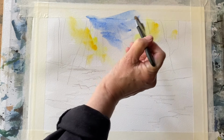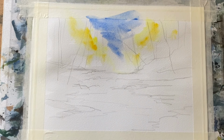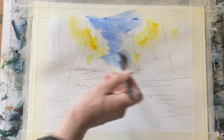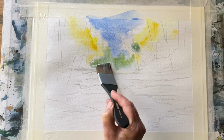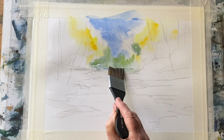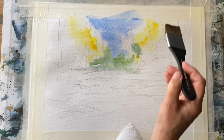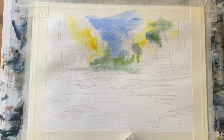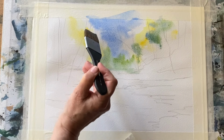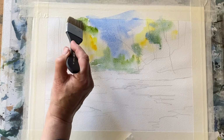This is my sky colour, which is a nice light value of cobalt blue. I'm just sort of fitting it between those lovely yellow areas. I've now mixed some green. This is sap green, and I'm running that sap green into the yellows so it'll softly diffuse and wet blend